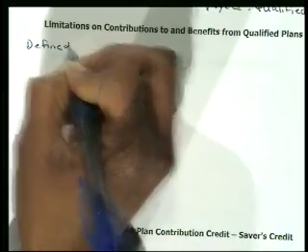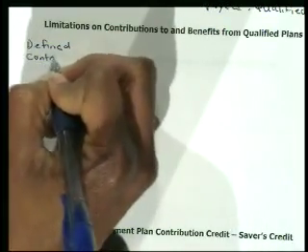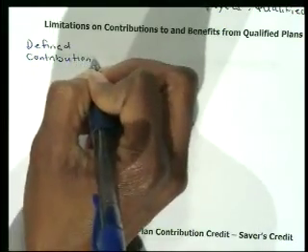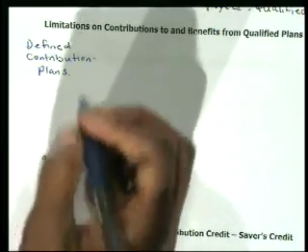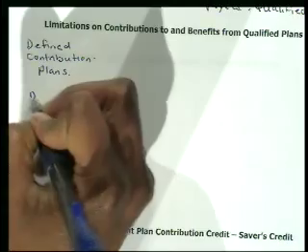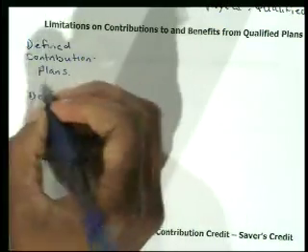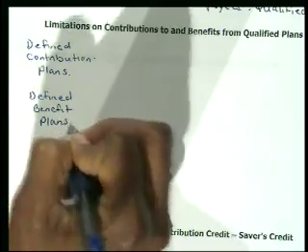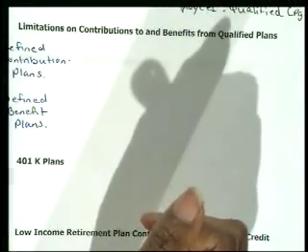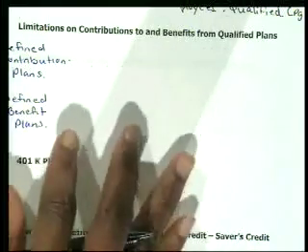As I mentioned at the end of the last session, there are two plans, or two ways we want to look at it. We have what we call defined contribution plans, and then we have defined benefit plans. Okay, so those are the two we're going to look at. At the bottom of page 3-20, I'm going to read this example and then we will go back to the notes.